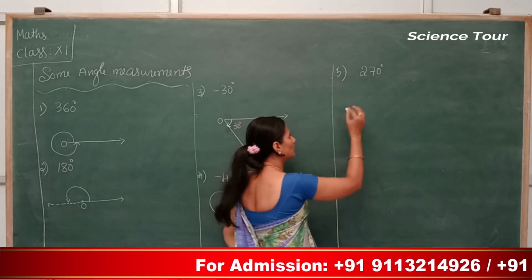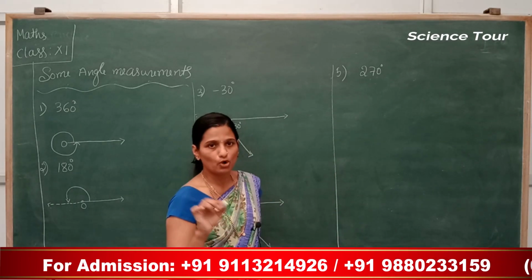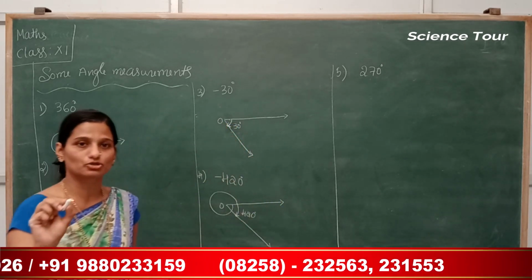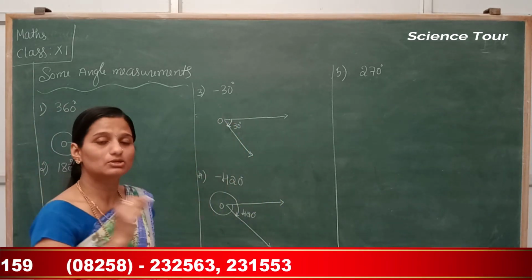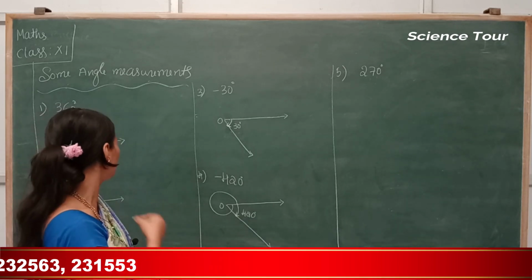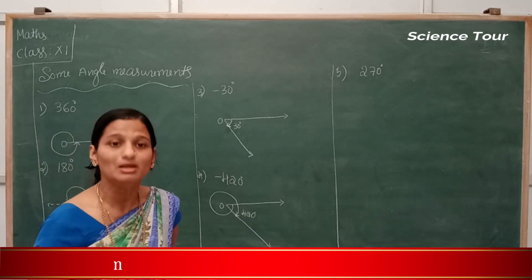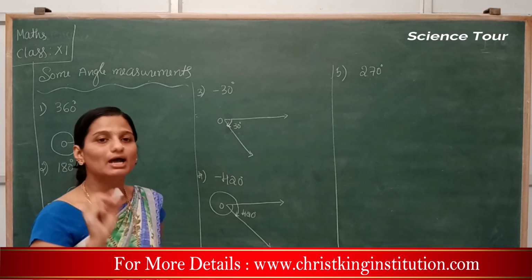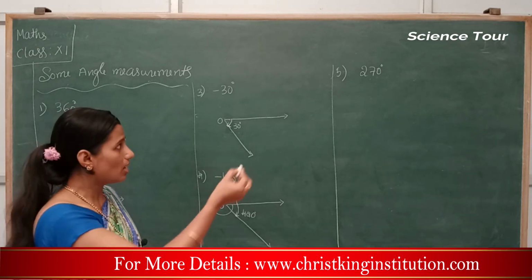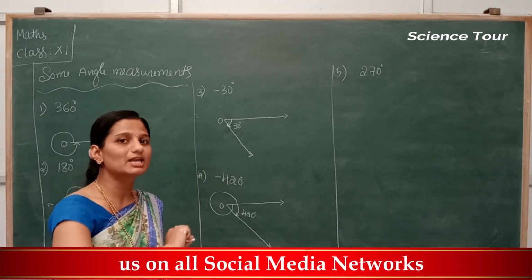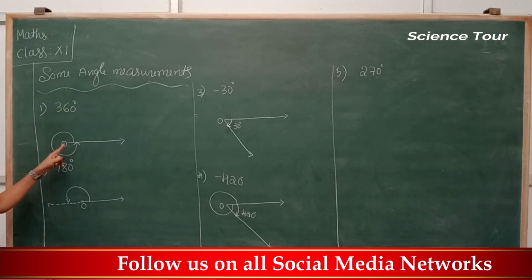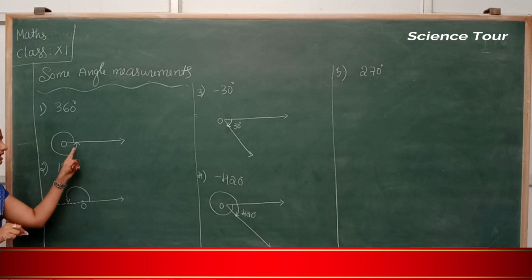Now next is 270 degree. How to measure 270 degree? With the protractor, you know how to measure the angle. Correct, no? Only here I am dealing with the direction. You know how to measure the 270 degree, 360 degree, 180 degree, 420 degree by your protractor. That you studied in your lower class. Here I am giving the direction. So how to mark anti-clockwise direction and clockwise direction? If you see this first figure, your direction is clockwise, and this is anti-clockwise direction. Is it right?